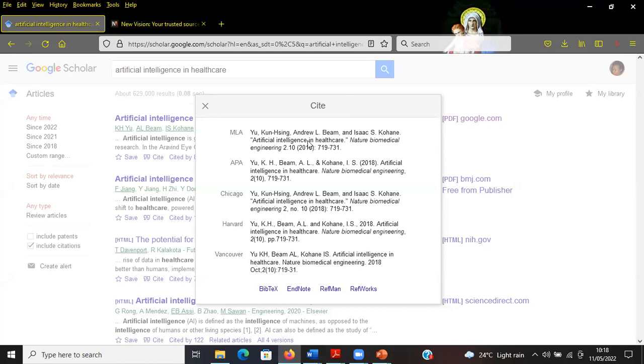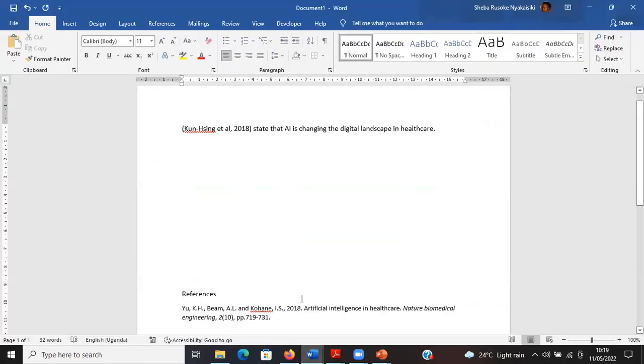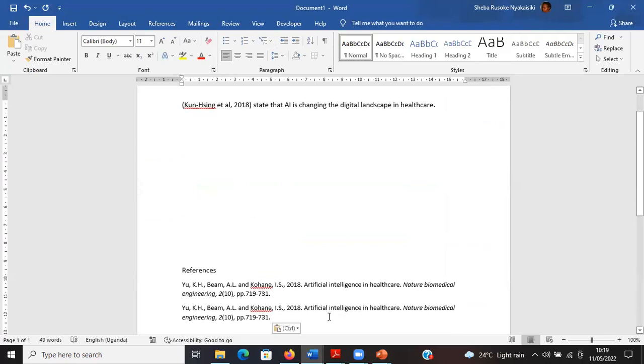Now it gives you different citing formats. UMU uses Harvard. Do you see it? Yes. I highlight that reference, I right click, copy. I come to where I'm writing my dissertation and I simply paste. Have you seen that process so far?